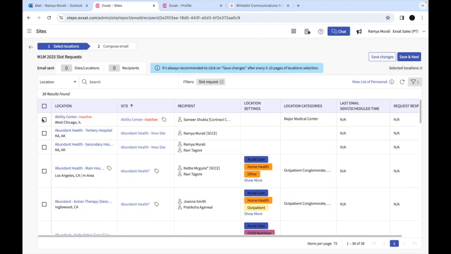So we are here, you choose your recipients. You can just do a select all here. Right now I just have 38 records, but in your case you might have hundreds of locations. So if you have that, you will see a note here which will say select all 100 locations. So just click on that. Right now I'm not able to show that to you, but on your screen it will show up as select all 100 locations, so you can select all of them in one go. Now once you have done that, just click on next,